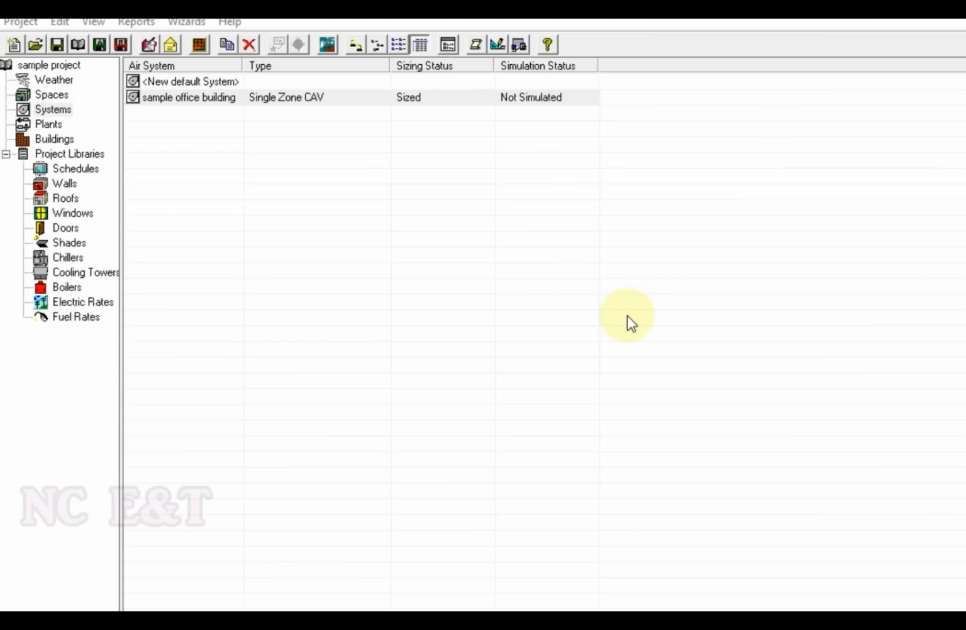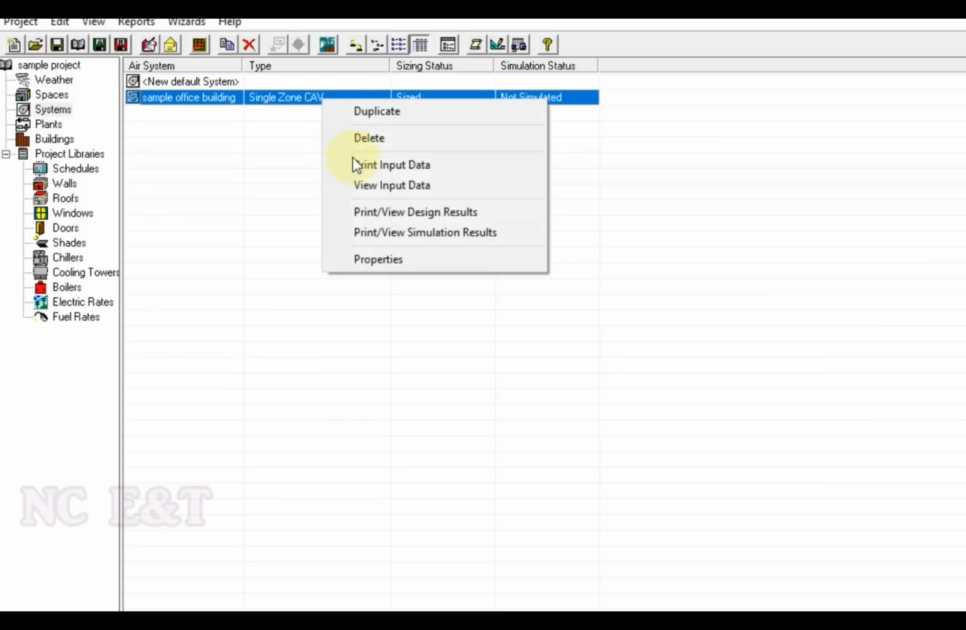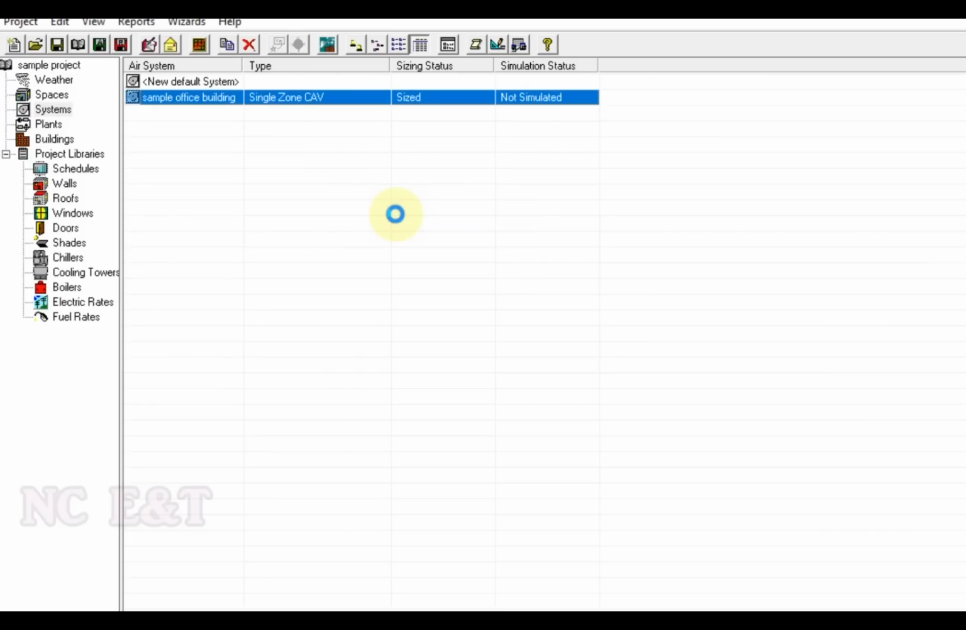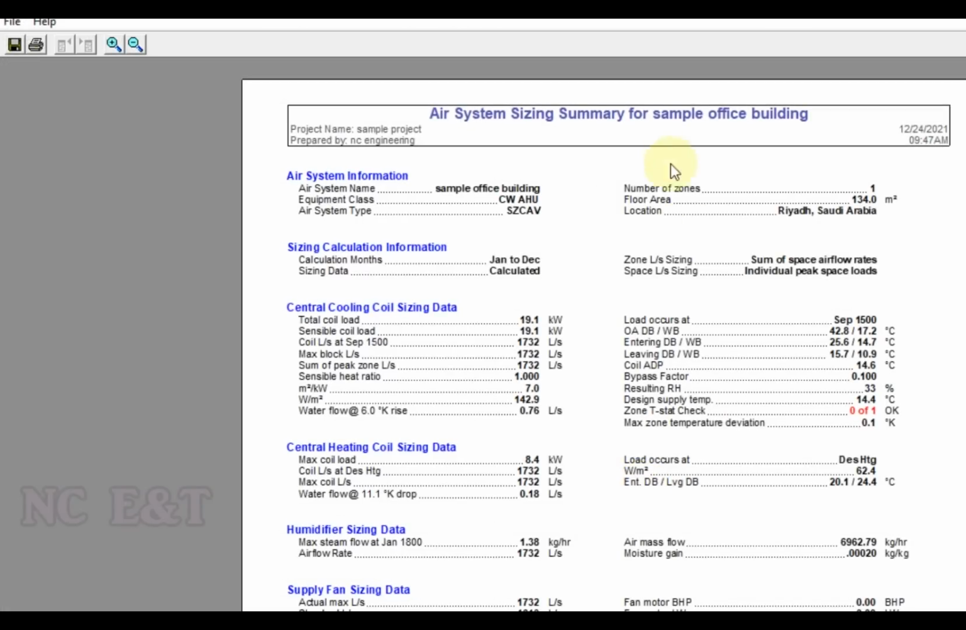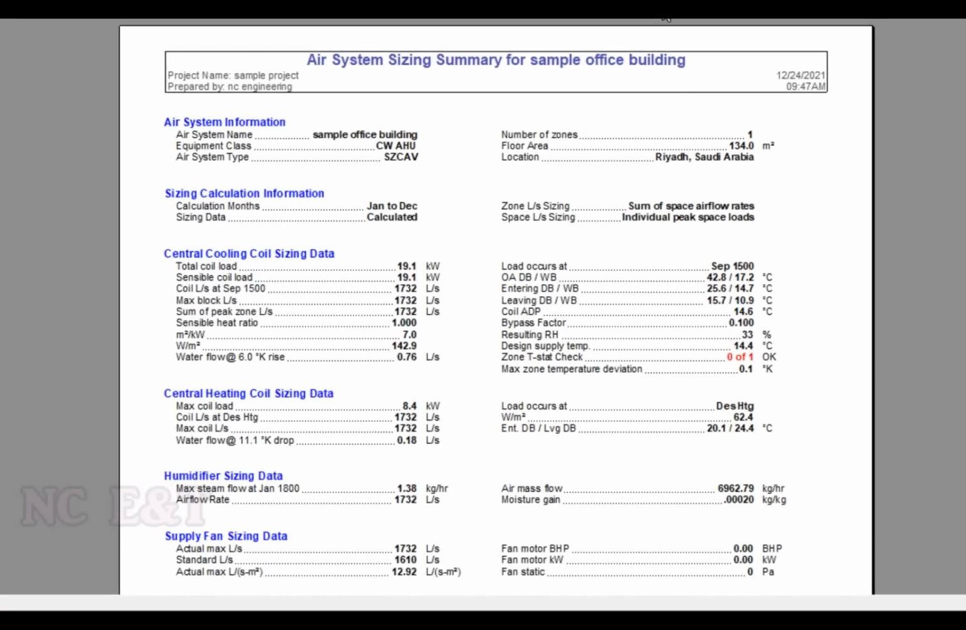After making the exercise for weather, project library, spaces and system, now we will generate the report. Let us right click on this file and see the preview. Now we have generated the result. You can see from this air system sample office building, equipment used is chilled water AHUs, air distribution devices used are CAV,